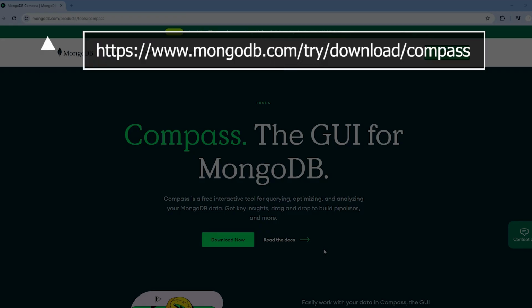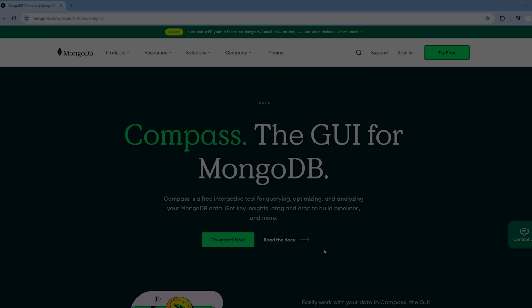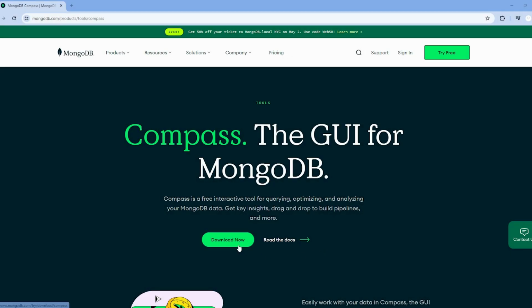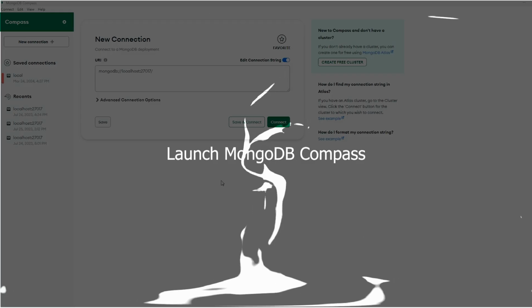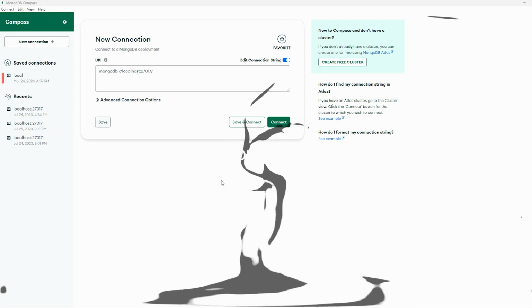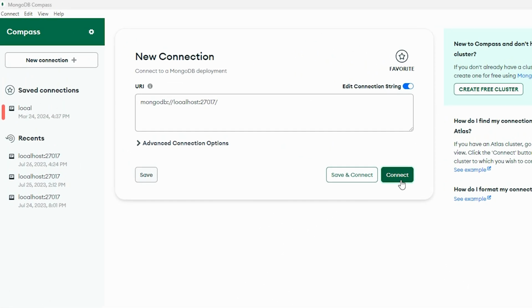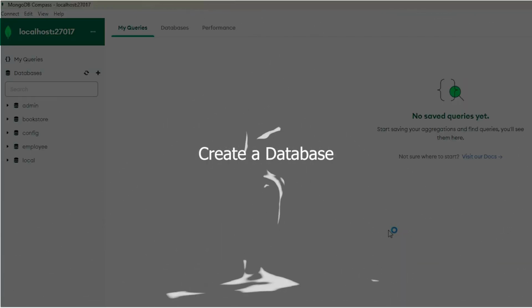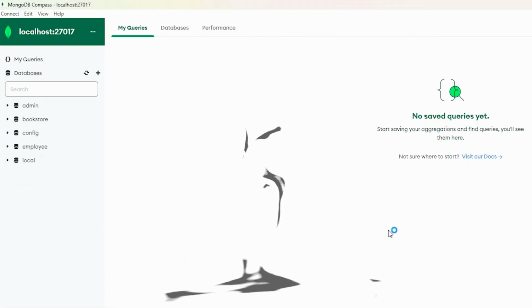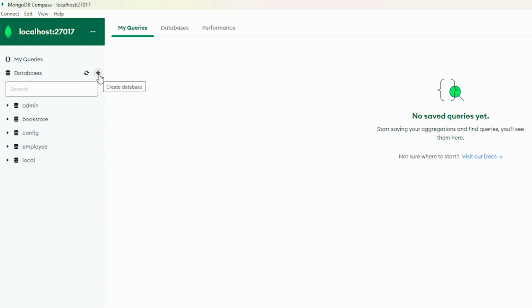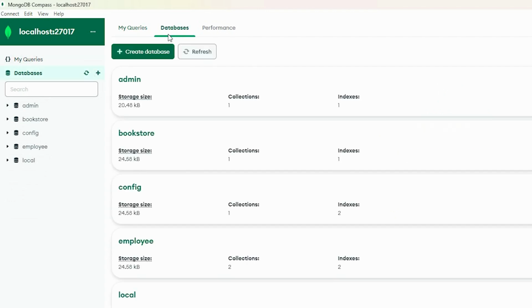Before you begin, make sure you have MongoDB installed locally. You can find download instructions for MongoDB Compass on the official website. Open the Compass application after installation. Click the Connect button. Create a database. Locate the database tab, click the plus button next to database, or you can click on the database tab and then